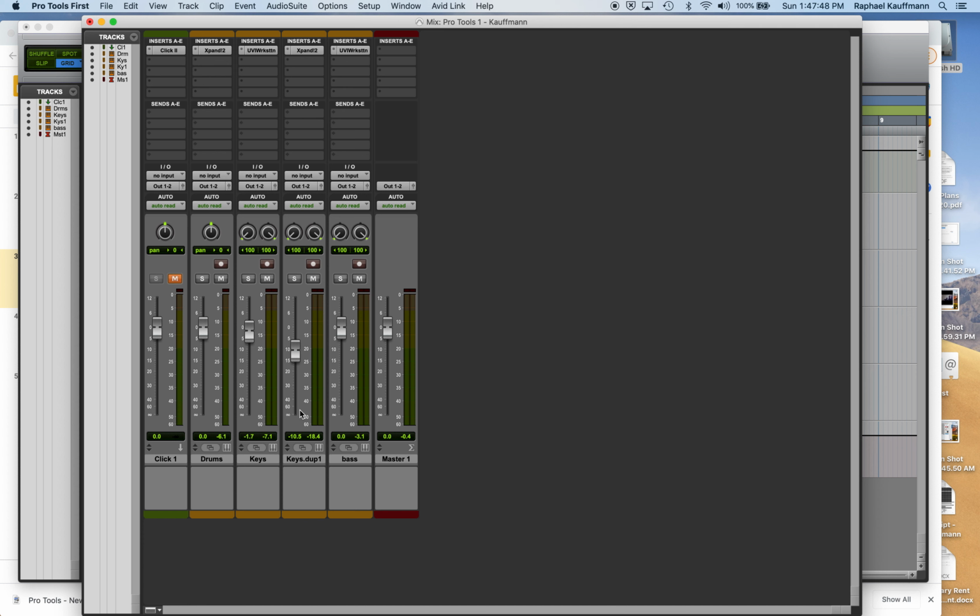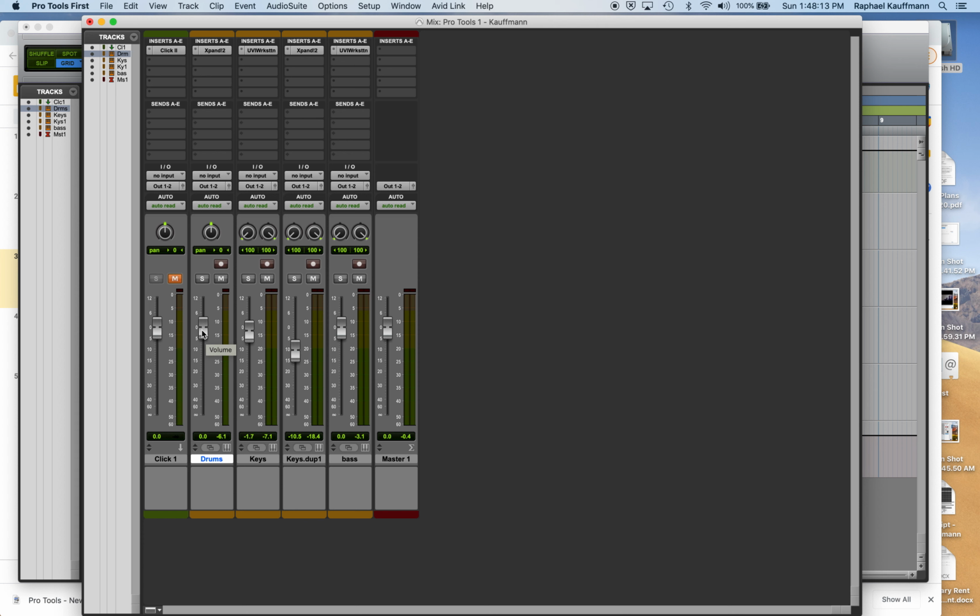Okay, so in the mix window, again, we're just going to talk about one of these things because we don't need to talk about them all because they're all the same. We have our volume fader. Now, I'm not going to get too much into why it's at 0, but they always start there. I will say that 0 is also referred to as unity gain. It is essentially